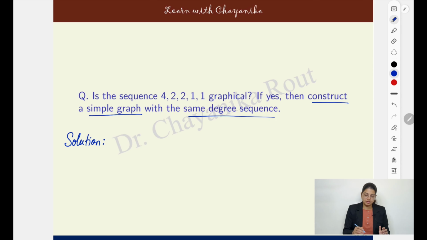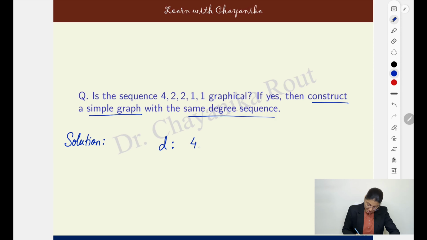That is, you not only have to conclude whether the sequence is graphic or not, but if it turns out to be graphic, that is, if you conclude that a simple graph is possible to draw with this sequence as a degree sequence, then you have to give a construction of such a simple graph. Now to check for a sequence to be graphical, don't forget to first check if the sequence is a degree sequence. So given such a question, your first job is to